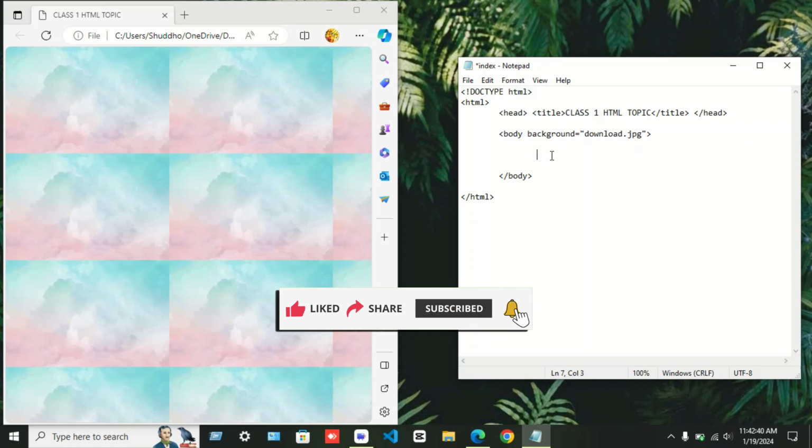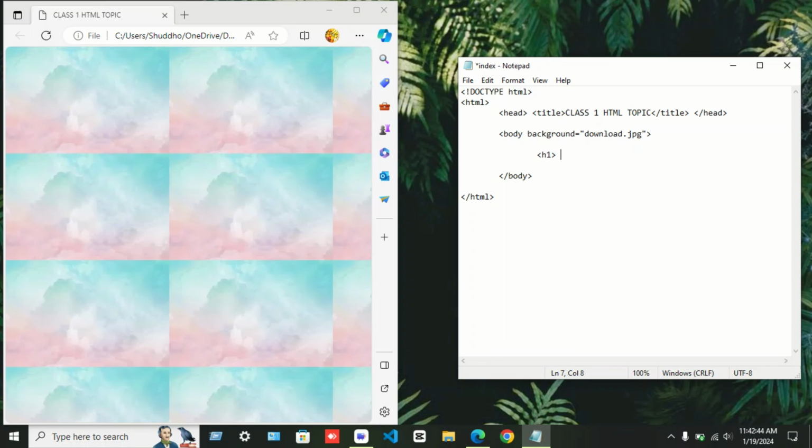So the first and the biggest HTML heading is H1. This is the opening and this is the closing. I hope you all know how to write opening and closing tags in HTML. Opening has no slash but closing has a slash. So this is the big heading tag which we have already written, and in this tag if you write anything